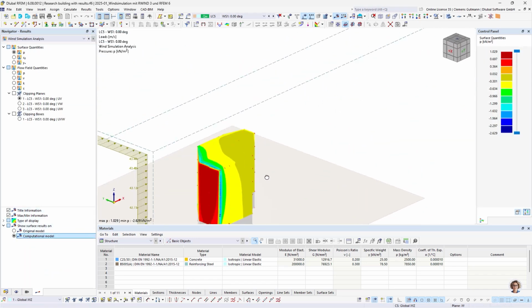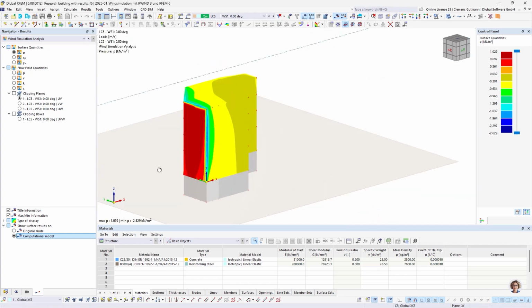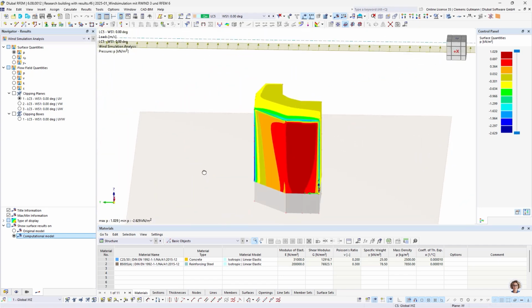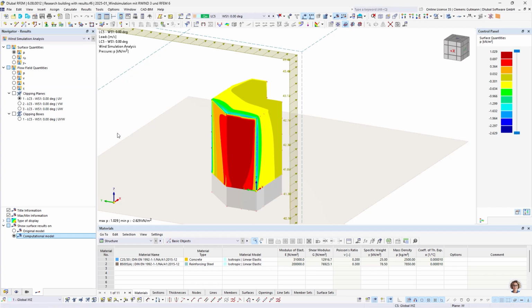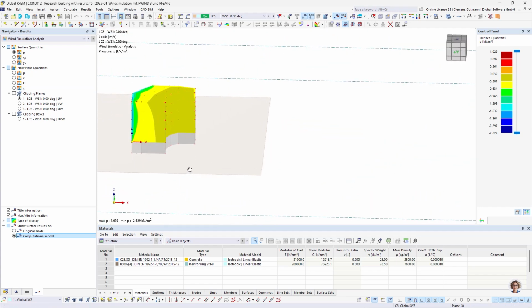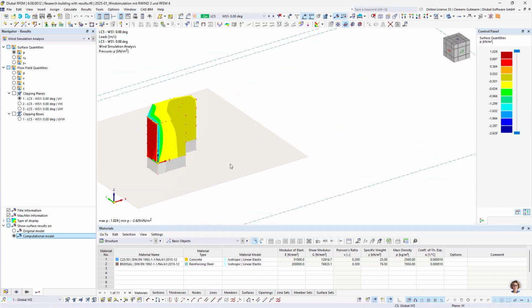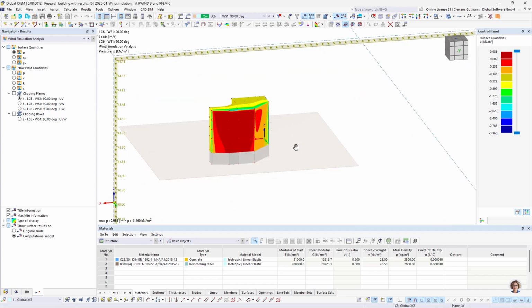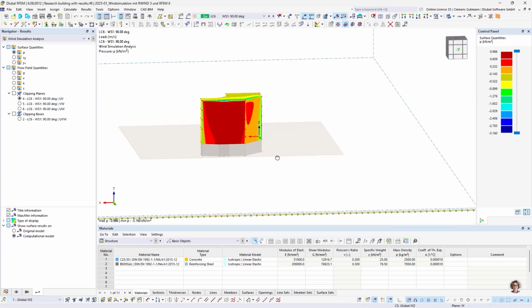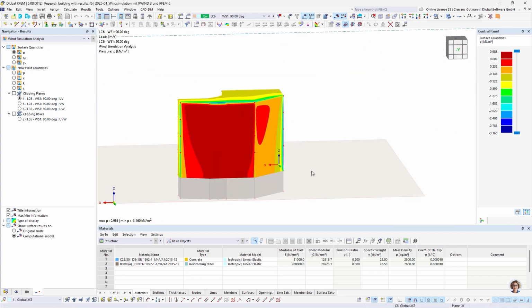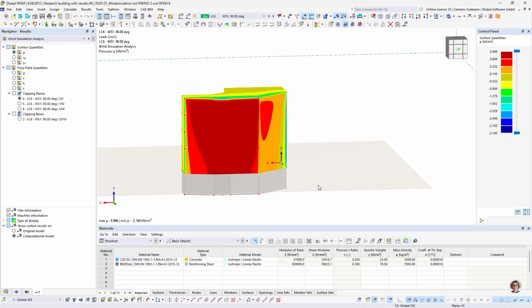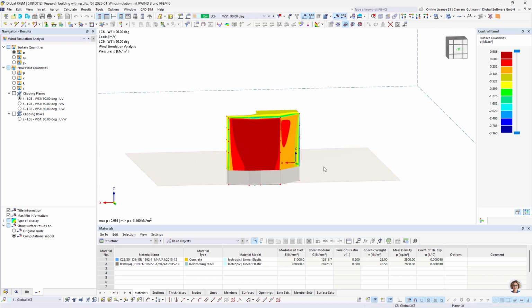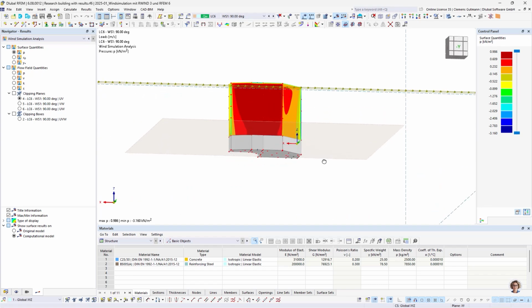And we can now inspect the pressure, the wind pressures, and also the pressure coefficients, as well as the flow field quantities, whatever we want to know in the different directions that we analyzed, and now can get a better idea of how the building reacts to wind exposure. And as you can see, the terrain that we set in the beginning is now displayed,